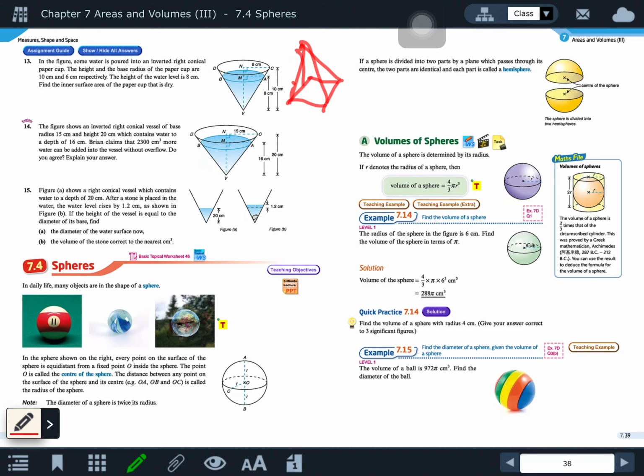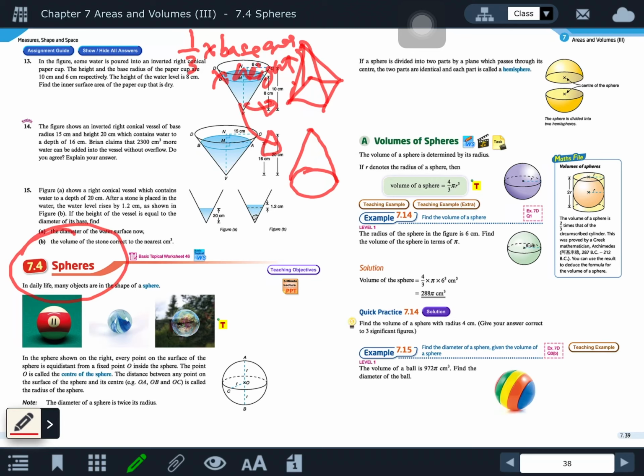Something with a sharp top, and then another kind of pyramid with a circle base, we call it a cone. So we learned this is 1/3 times base area times height for the volume. Okay, and we were talking about volume first. We will do a revision of the surface area in the next video. So this is something that we have to learn, and another kind of figure we call a sphere,